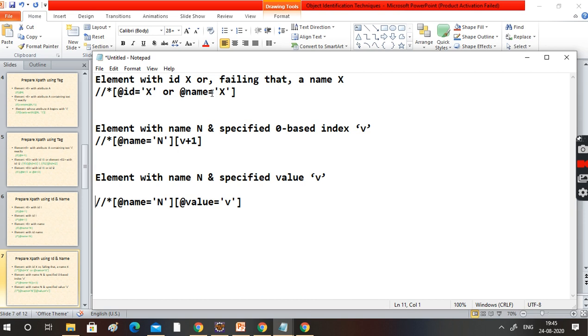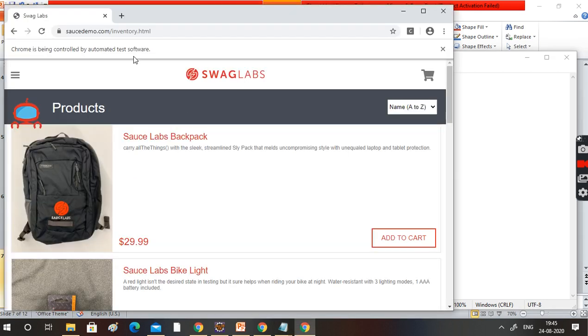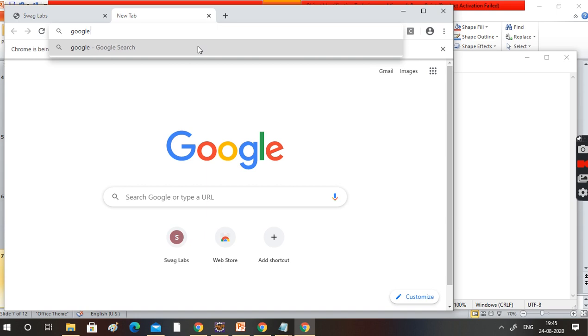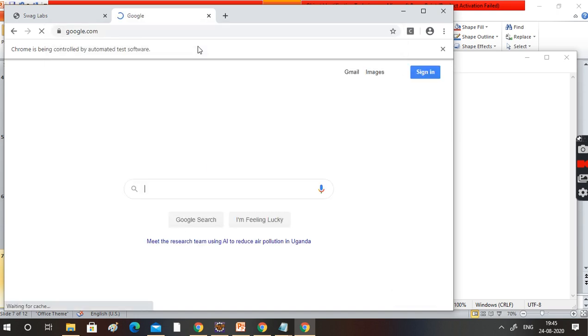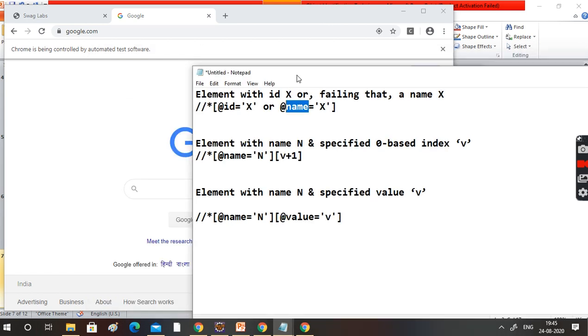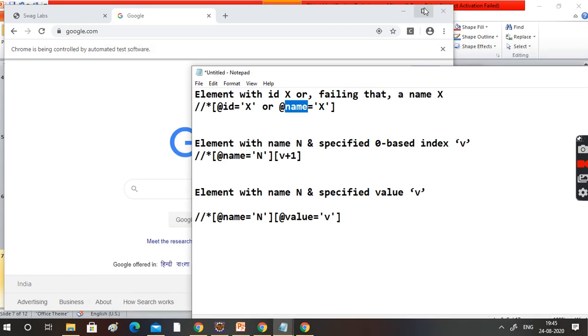As we don't have the name attribute in this particular site, I am just using a different site. On google.com we have the name attribute. For training purposes I am using this. Okay, fine. Element E with id x, or failing that, a name x.